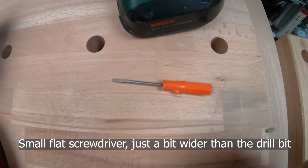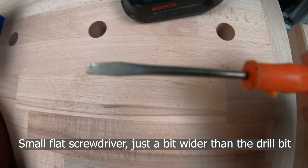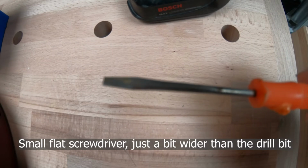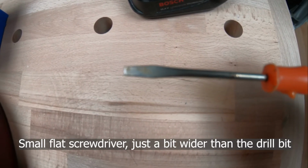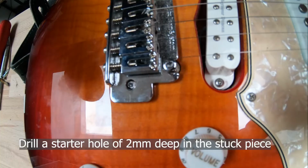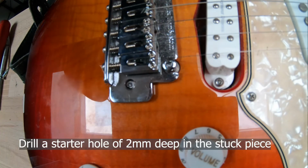Second of all, one screwdriver. Everybody has that laying around, I guess. Again, the tiniest you can find, but make it at least wider than a drill bit. Mine was 2.5mm wide. Now, position the drill on the stuck piece, maybe a little bit off center, but it doesn't need